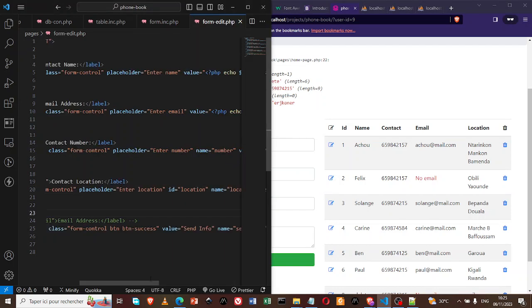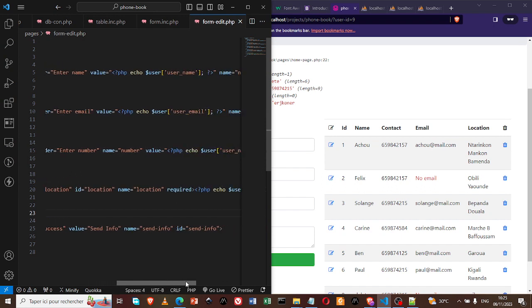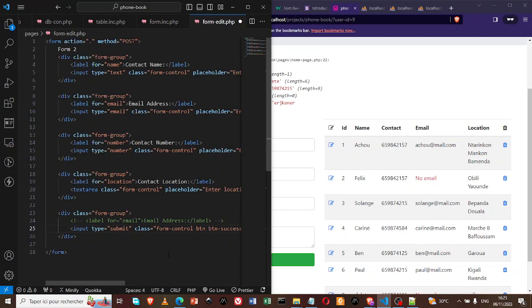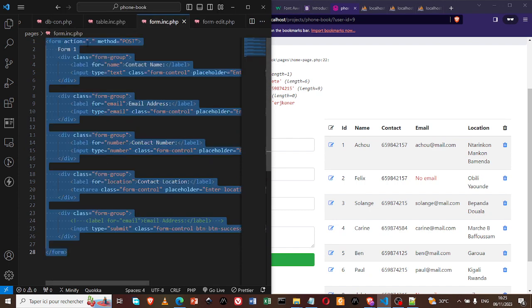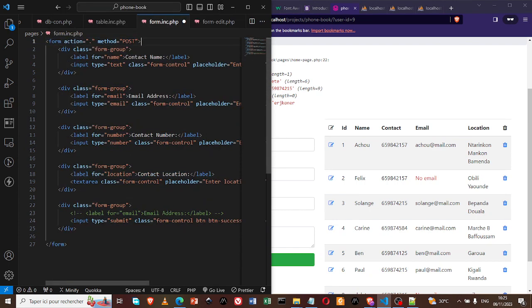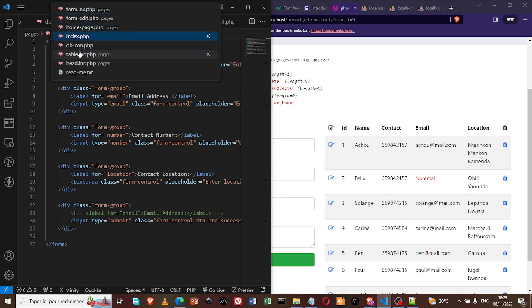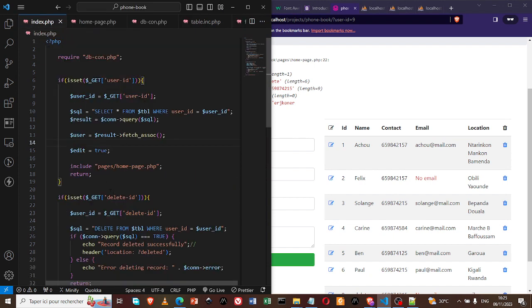And then this form now here is no longer send info, but now it's update info. Great. So that's what we're having instead. And then it still sends to the same location, so there's no need to leave form 2 there, neither do they need to leave form 1 here. So we just come back to index and we say